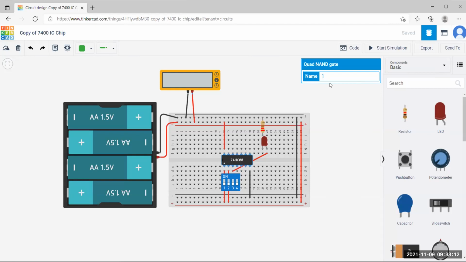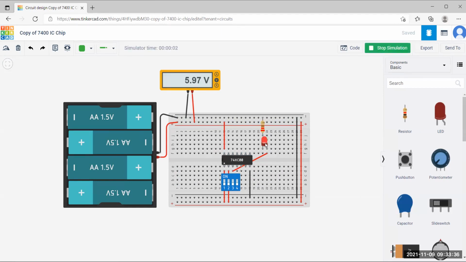This is an IC, which is 7408, which is an AND gate. You don't know what that gate is, don't worry about all this. Just remember that this is an IC. This is how the IC looks in Tinkercad. This is a switch. Then here is a resistor. You already know about the resistor. And then here is the LED. So now I'll simulate it.